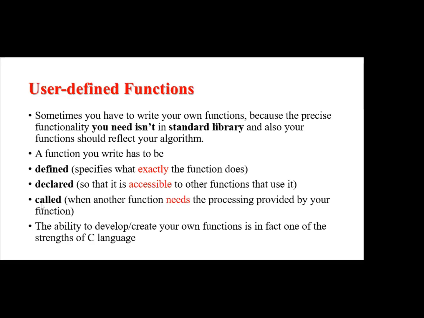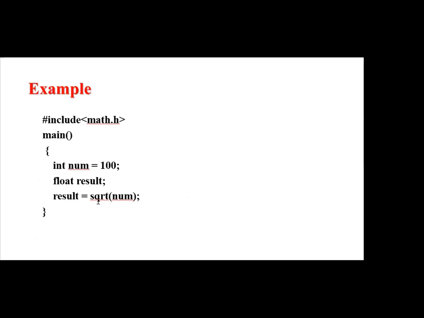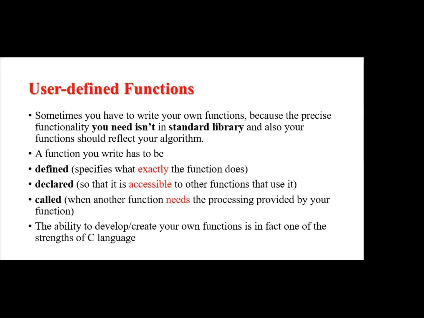Then the next one is call. When another function needs the processing provided by your function, like the main function or other functions that need to calculate the age, then they have to call the function. In our earlier example, the function calls this square root, right? So the main function is calling this function. This square root is a function that has been called by the main. So you have to make sure that your function is called